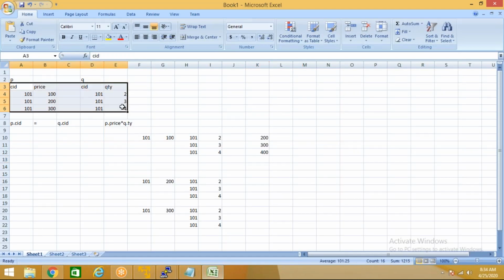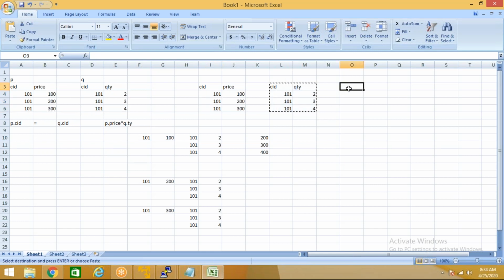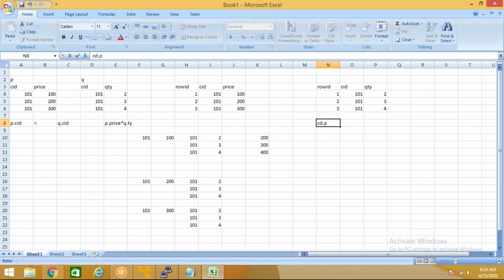You take this, put here. I'll take this somewhere, I'll put here. Now I'll put row ID. 1 here, 2, 3. What will I do? I'll put row ID unique as 1, 2, 3. So what I'll do is, I'll say p.cid is equal to q.cid